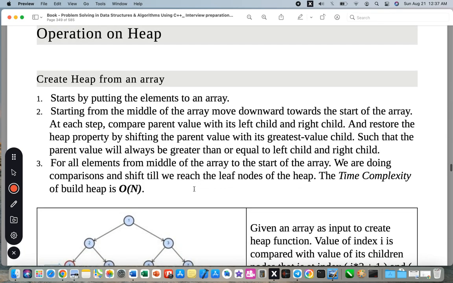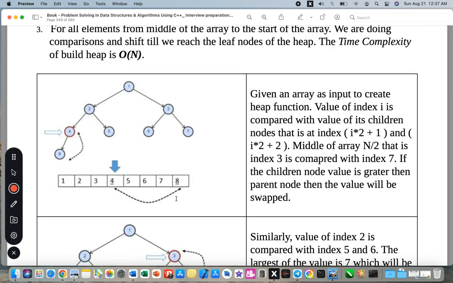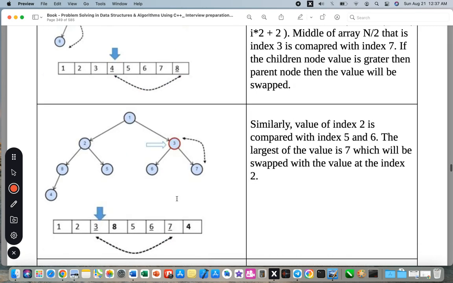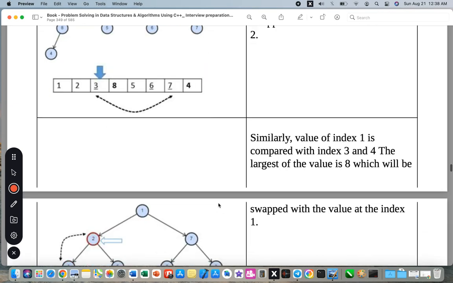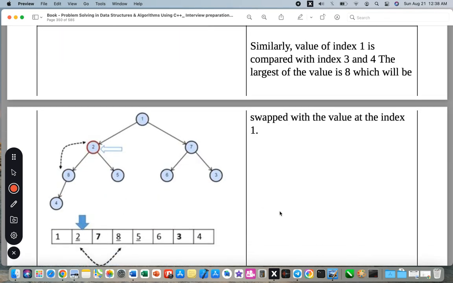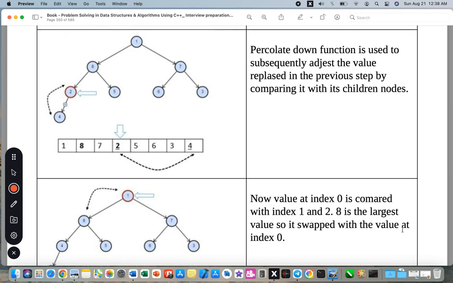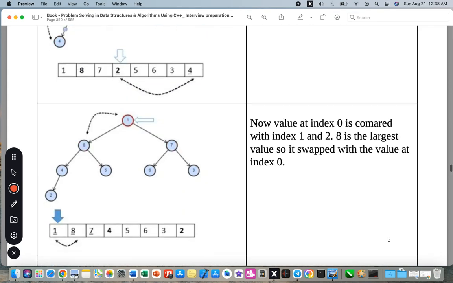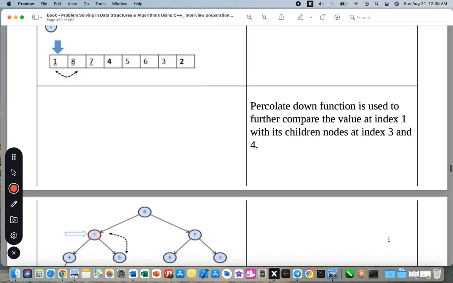Each one of the operations in the table above is going to be described. Create a heap from an array, and here are the steps, 3 steps. And here's the graph given an array. Just like that. Pretty interesting to go through, but I don't want to make the video so long and boring. So just show these